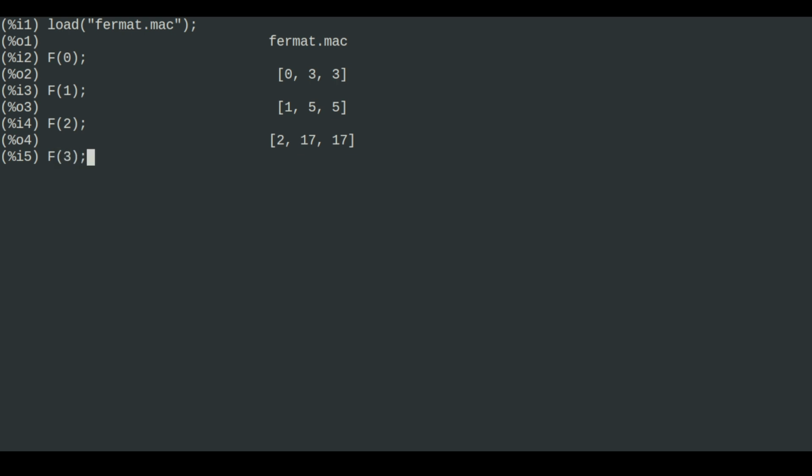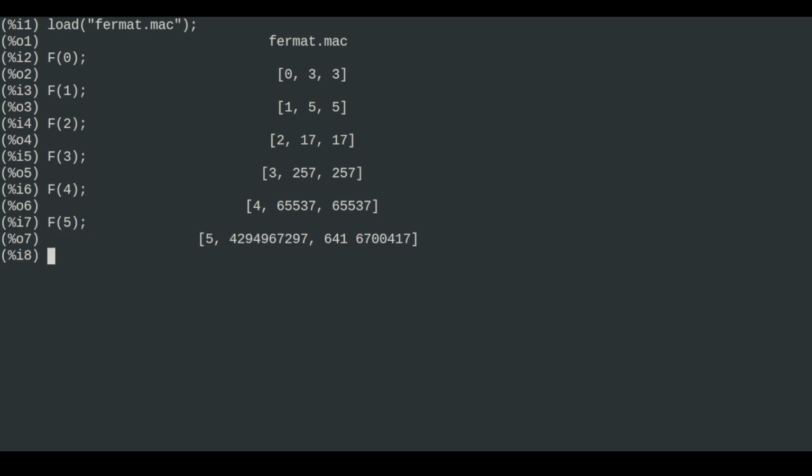How about the third Fermat number? The third one is 257. That's prime. Fermat's right, man. Fermat's right. Okay, the fourth one. Yes, very good. It's also prime. What about the fifth one? No, it's not prime. It has, let's look here, a factor. Whoa, what's that? Okay, some huge number just popped up. It has a factor of